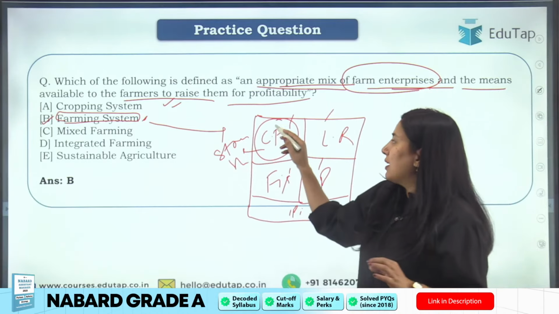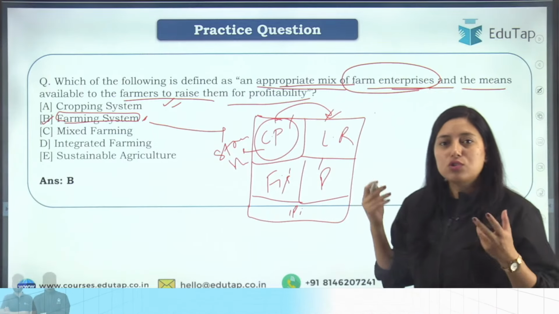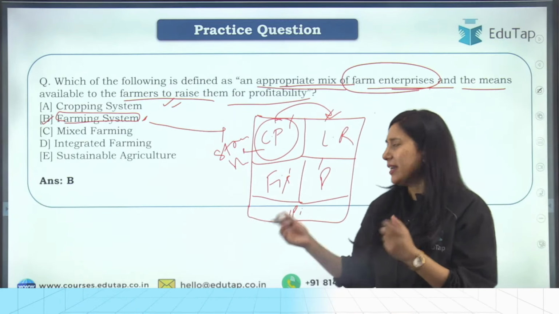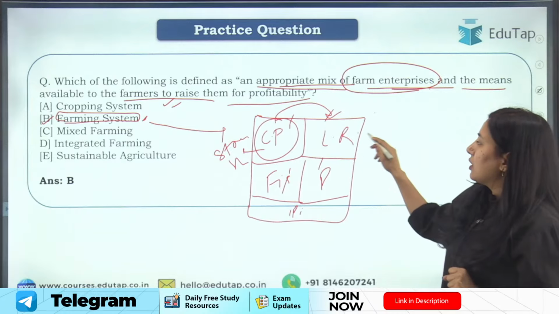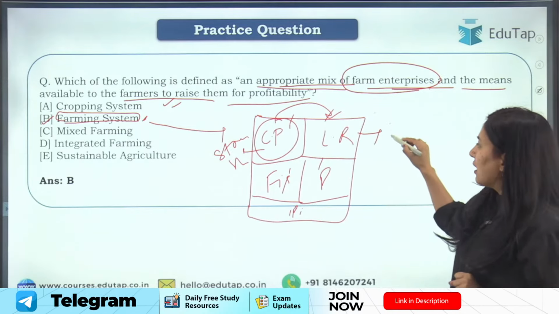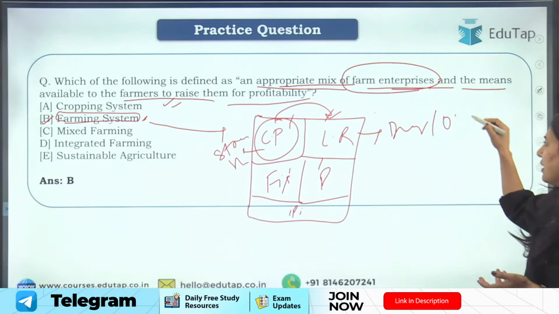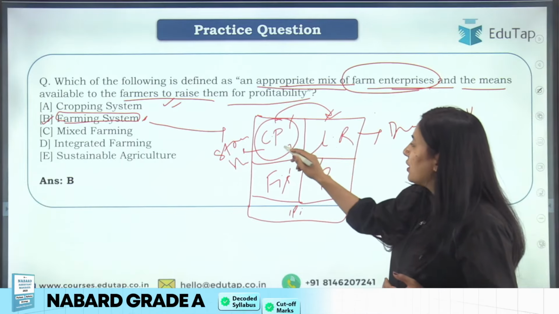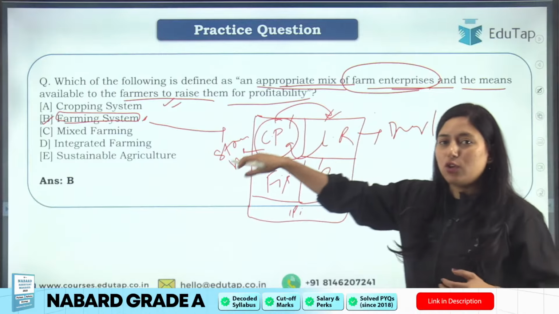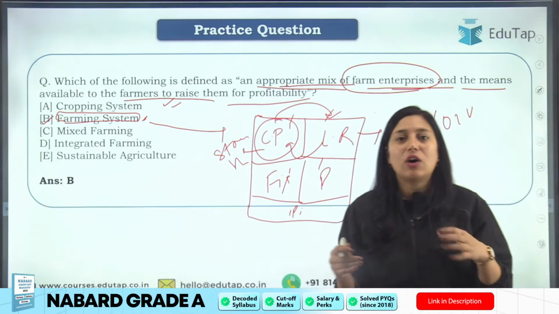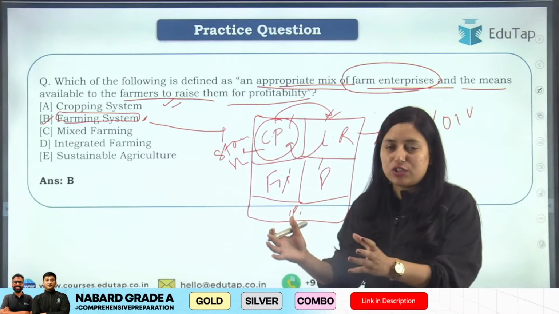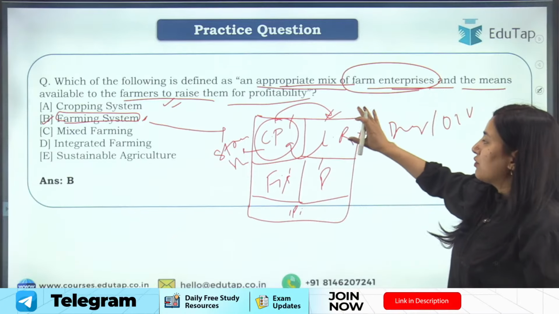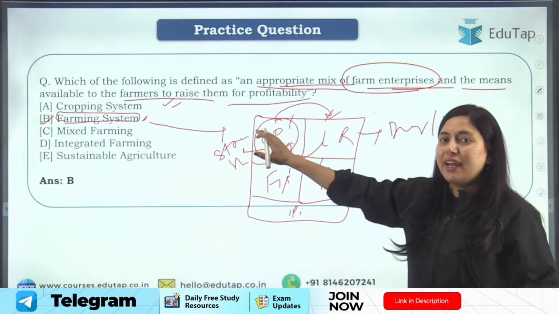So that straw and stubble can be used to feed livestock. उस straw को हम अपनी livestock को दे सकते हैं, for feed purpose, right? Rest from the livestock, what we are getting is dung, or organic waste, right? From cows and buffalo, whatever organic waste is generated from this enterprise can be utilized in the crop production enterprise as manure. We know the cow dung, buffalo dung, this organic waste is nutrient rich. Okay, it can be used as manure in crop field. So the waste product of this enterprise can be used in crop production enterprise.